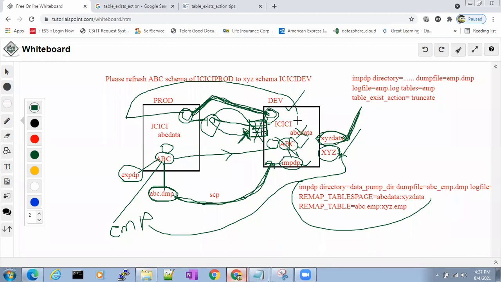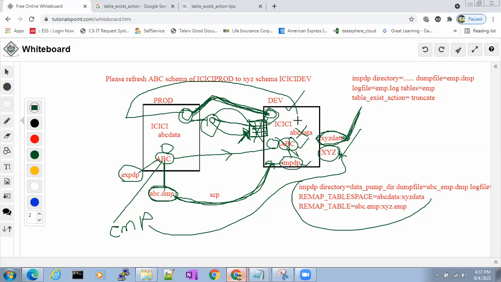You should tell full ma at the time by using truncate. We will import the data using IMPDP. At the time of import, we will use an option called table_exist_action equal to truncate. By using this option, it will not touch the definition of the existing table, but it will delete the entire data of the table and import the data from the dump. This is how you have to explain to the interviewer. Then you will get 100 out of 100 marks.